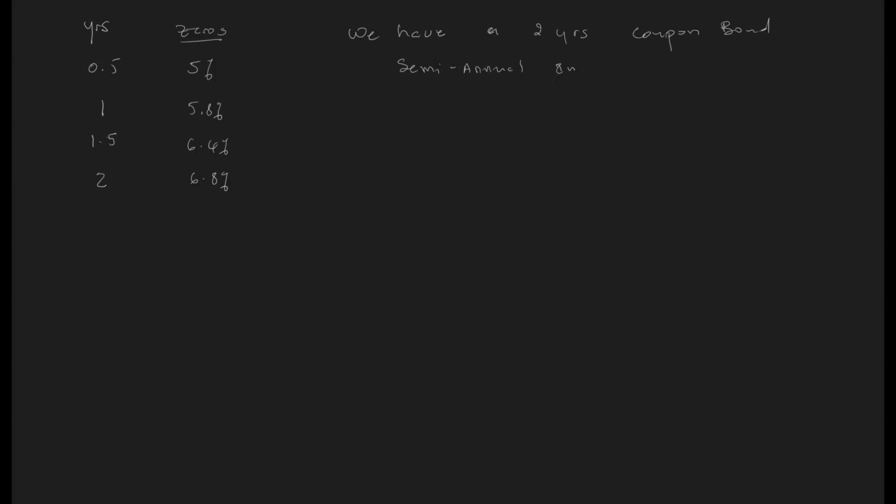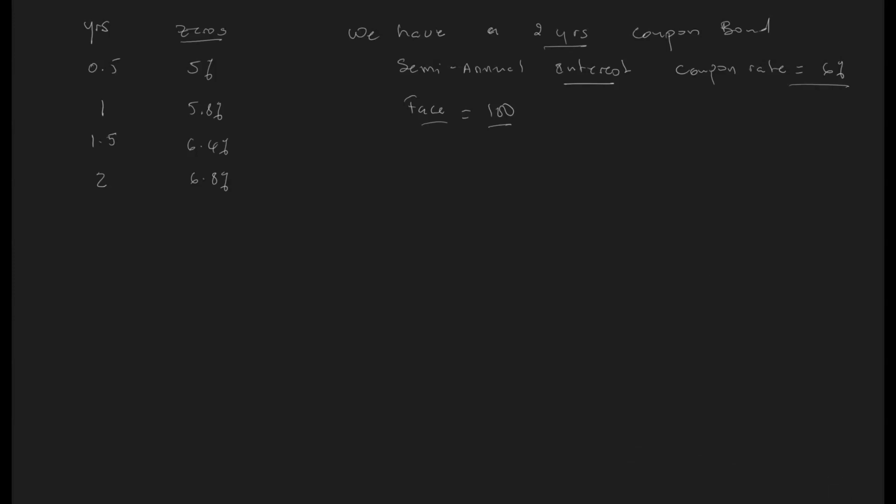I'm going to say interest here, and the coupon rate is going to be equal to 6%. The face value of this bond is going to be equal to the traditional 100 or 1,000, depending on how you want to structure it. So if we have a face value of $100, a 2 years bond, 6% coupon,